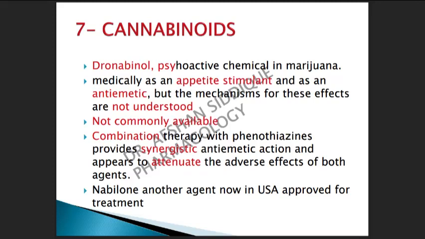Okay, synergistic means just like if we are using 5-HT3 receptor blocker along with the dexamethasone, we can minimize the adverse effect of 5-HT as well as corticosteroid. So similar type of effect is seen when we are going to use cannabinoid as an anti-emetic in combination regimen. It can minimize the adverse effect associated with both agent as well as it is inducing synergistic activity. Nabilone is another agent. Now it is approved by USA FDA for the treatment of